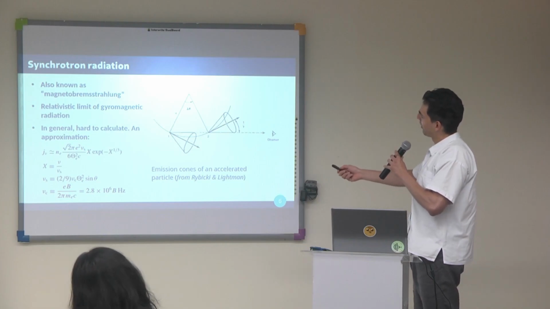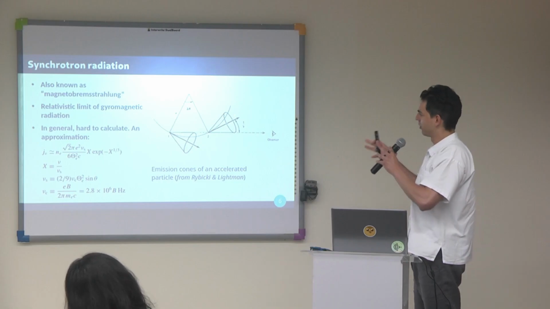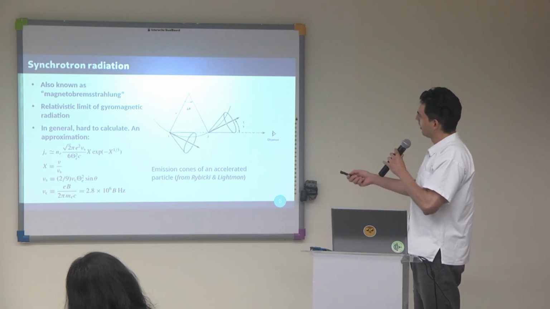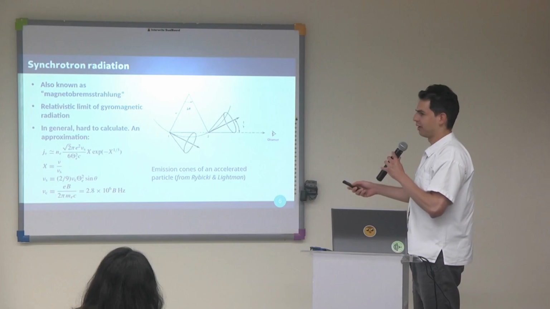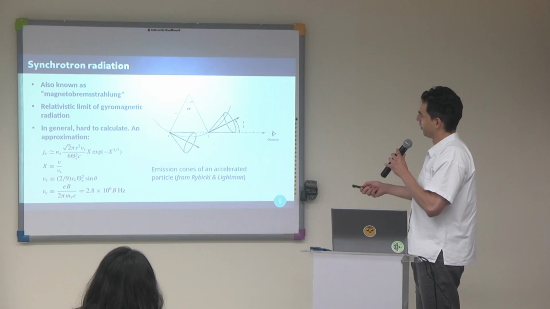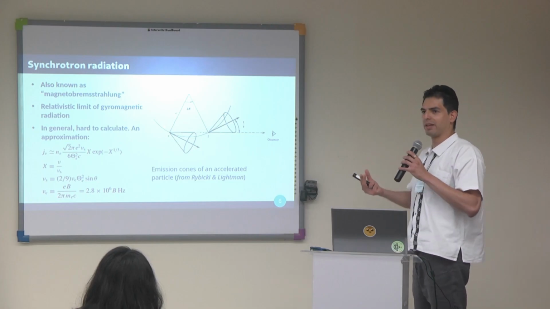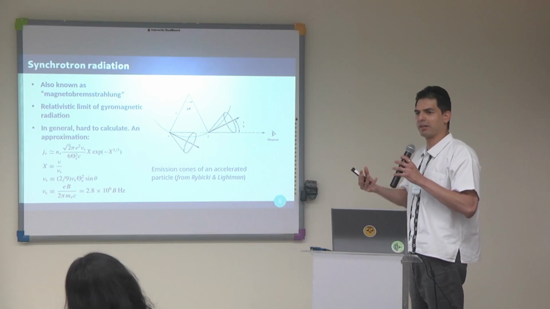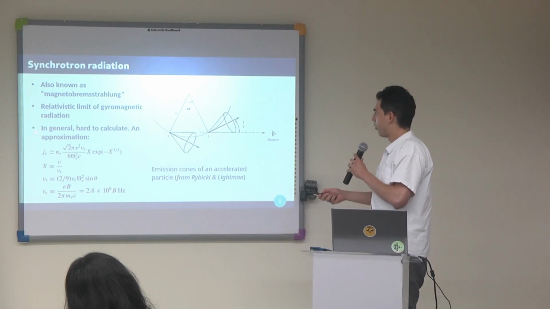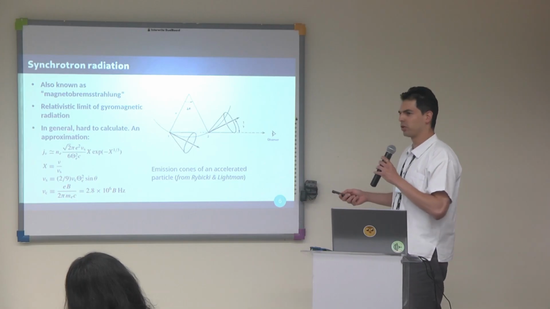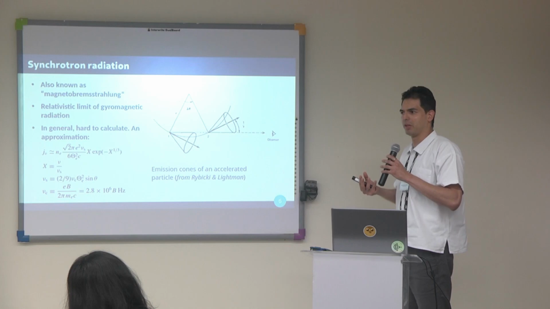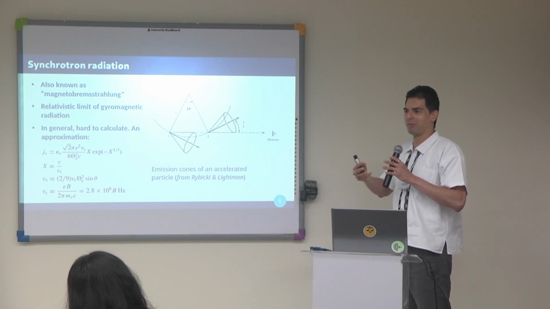So, we have seen that there are some ingredients that participate in this process. One is the magnetic field. Another ingredient is the velocity of charges that is related to the temperature of charges. And another ingredient will be how dense the plasma is, because the more particles, the more intense synchrotron radiation we will get. So, although in general this radiation is hard to calculate, and especially emissivities are hard to calculate because they involve some wild integrals,